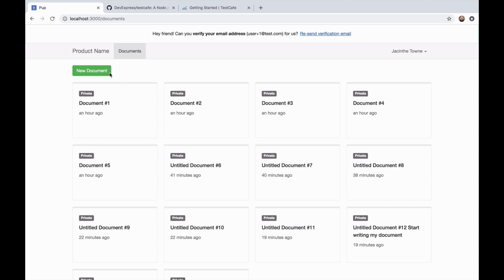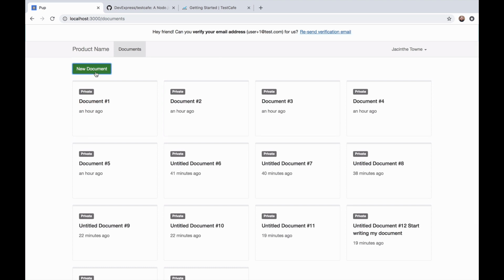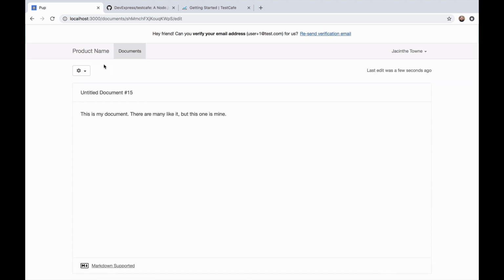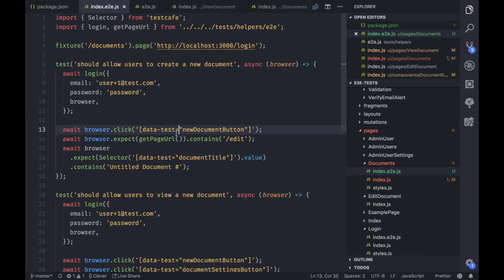So if we go back to our browser here and we step through this, so we're going to say click new document button, and we expect the page URL to contain /edit if everything worked according to plan. So we can see here, this is a randomly generated ID, so we don't want to test for that. We just care that, hey, did you get to the /edit page? And we'll notice that that's only part of our test. So we're trying to say we expect this to happen. We expect the page to contain edit, but we also, and then we go down to our last verification step